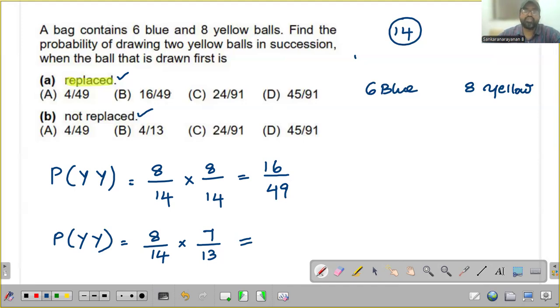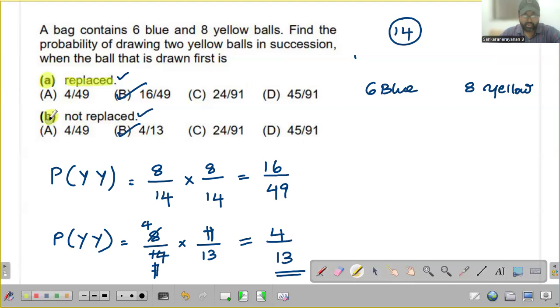Option B will be my choice. And for the second one, it is 8 by 14 into 7 by 13. On further simplification, it will come as 4 upon 13. Got it? That will be my answer. So we can see that here 4 upon 13, right? I'm just checking. In 2, this will go how many times? 4 times. And 2, it will go 7 times. This 7 and 7 will cancel off. So yes, 4 by 13, it will come. Correct. Okay. So option B, 4 by 13, that is the answer here. So both these questions we have answered it.